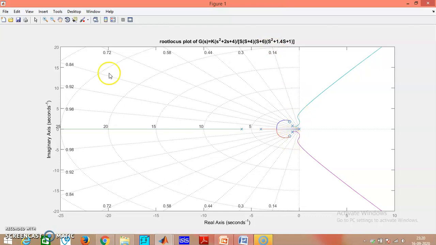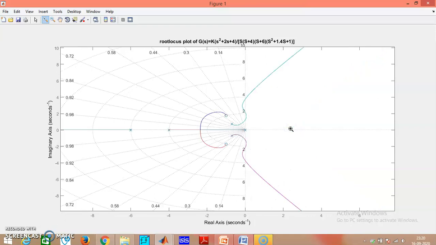So you are finding that you can maximize this image. I will just click on this plus button, and you can magnify the image. Click on this part to get magnified. So you are finding here these are the two zeros, and there should be 5 poles. So these are the two complex conjugate poles. One pole is at origin, and these are two real poles. So the cross mark indicates the poles and the circle indicates the zeros. Now if I again magnify it at this particular point,